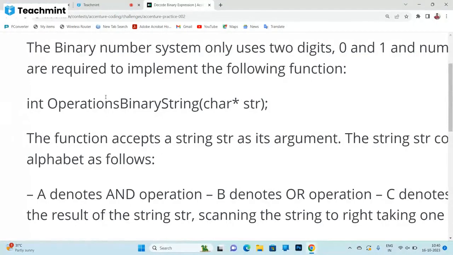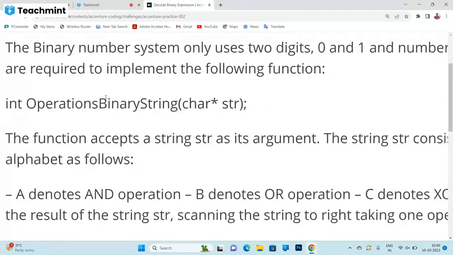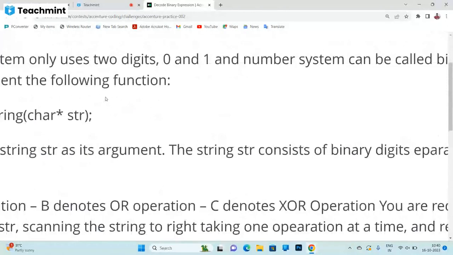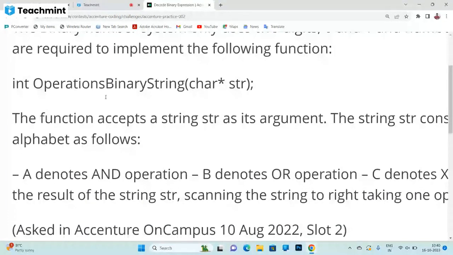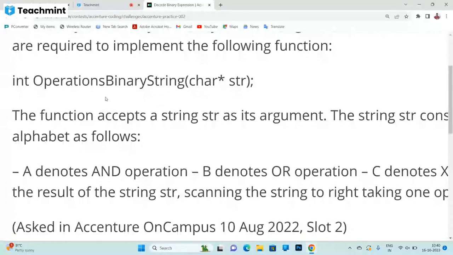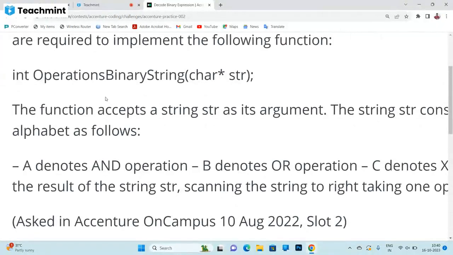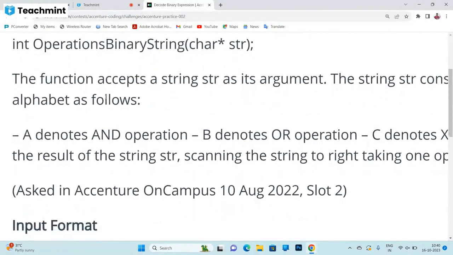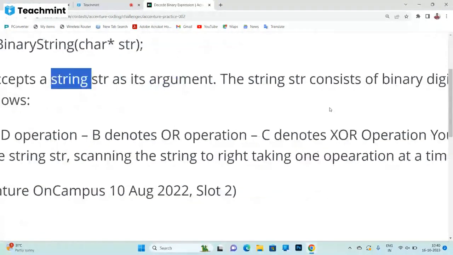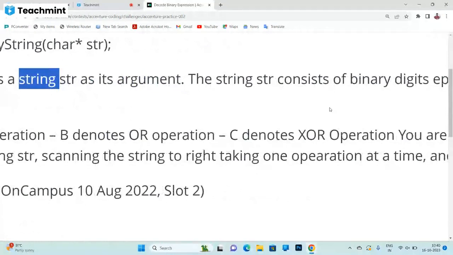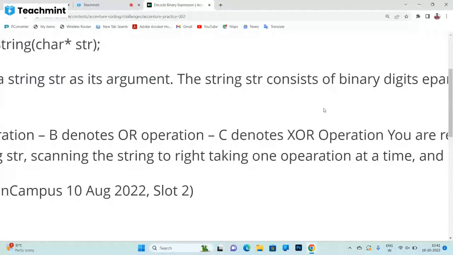Binary numbers have zeros and ones. And the number system can be called a binary string. And you are required to implement the following function. What is the function? The function accepts a string as its argument. What is the input format here? That is a string. The string consists of binary digits. That means the string will be a combination of zeros and ones,